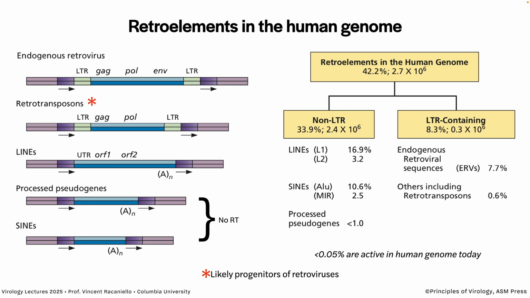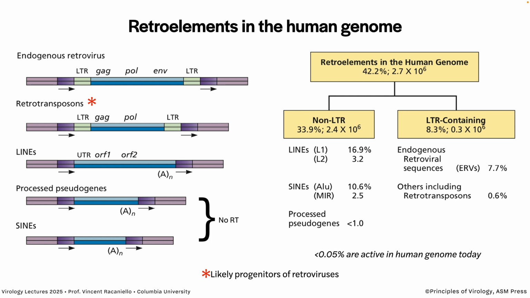By the way, the endogenous retroviruses have LTRs. They have duplicated host sequences, which tells you that it was an integration mediated by integrase. Retrotransposons don't have envelope. So we think these existed before retroviruses, and somehow they captured an envelope from a cell and became retroviruses. So retrotransposons have been around for a long time, but they do have reverse transcriptase. You can see POL.